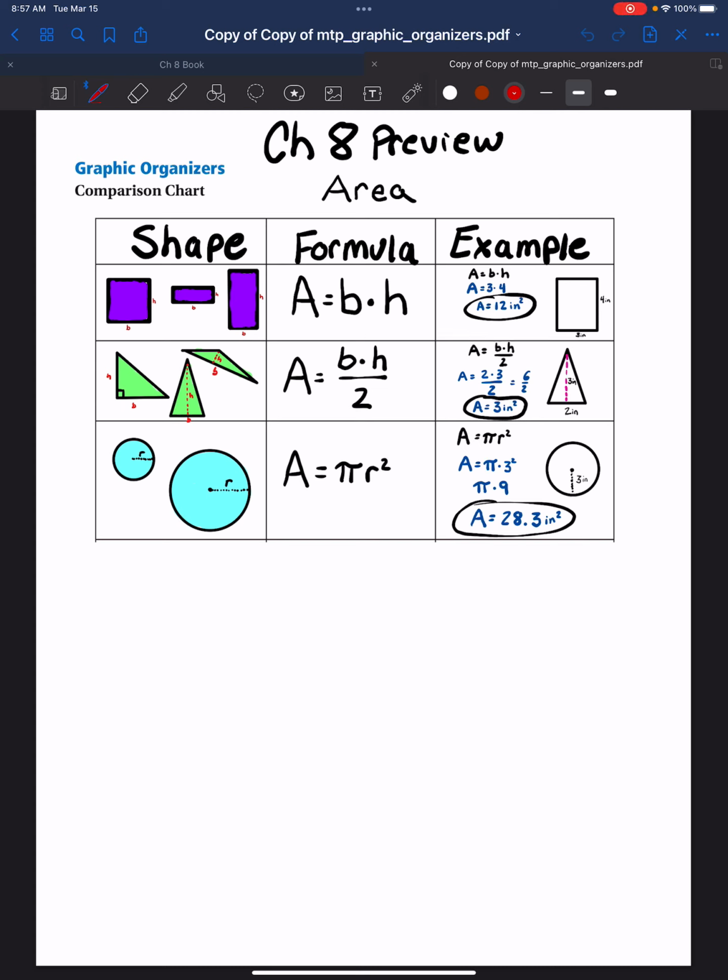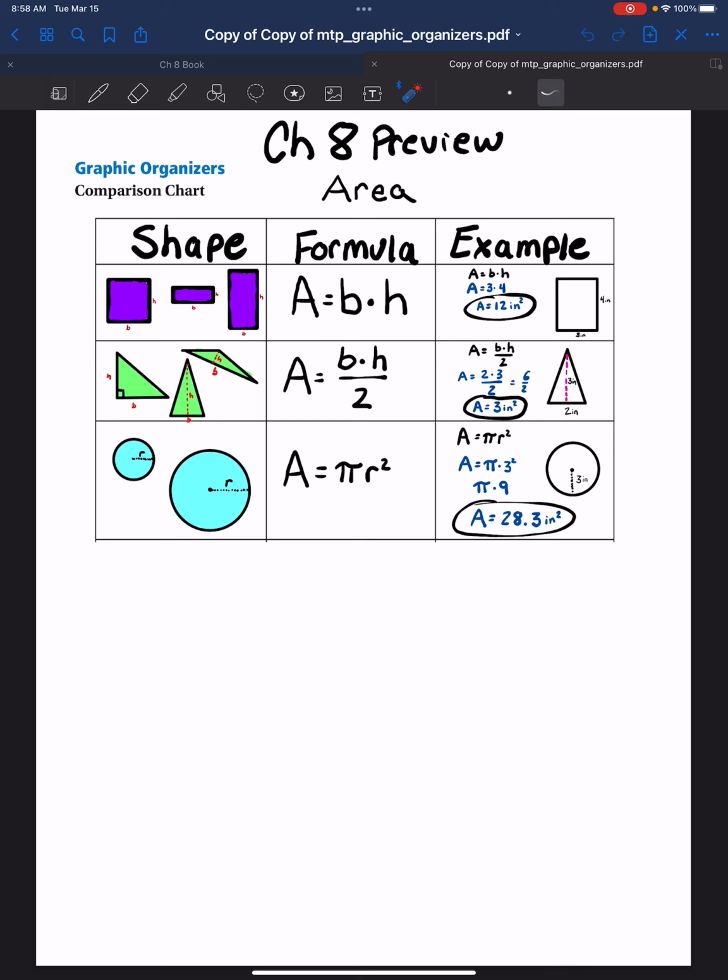Hi, 8th graders. I am going to do a Chapter 8 review for your test. I'm looking at our notes that we have filled out for this chapter. We've got the preview, and the reason why this preview was so important was because it refreshed our memory